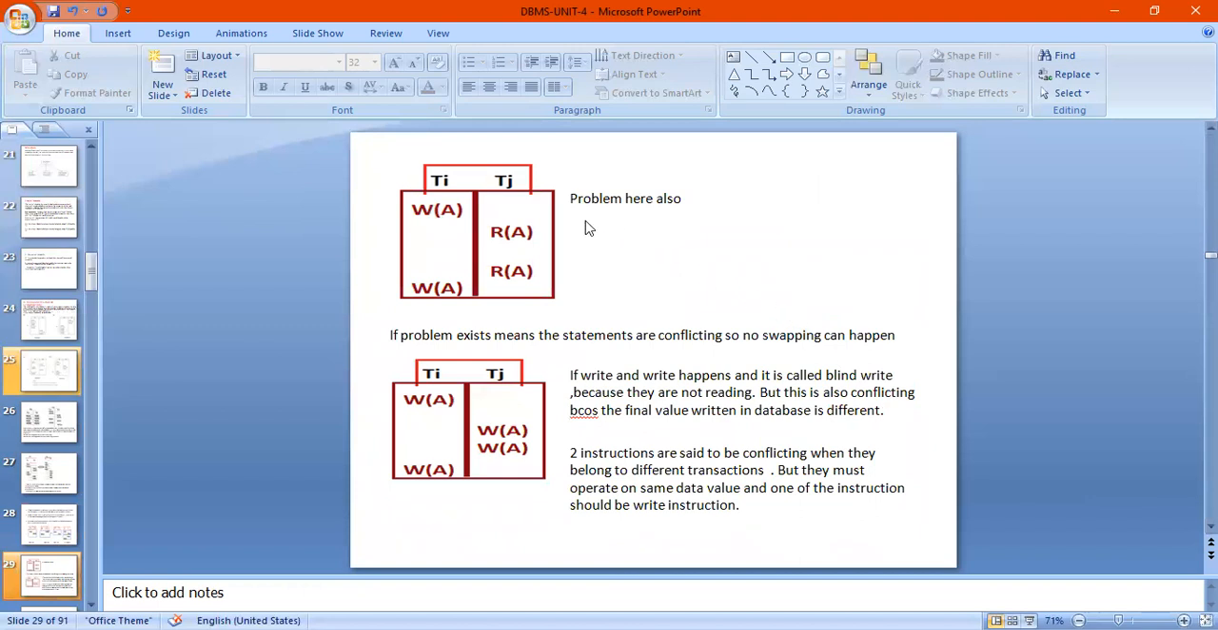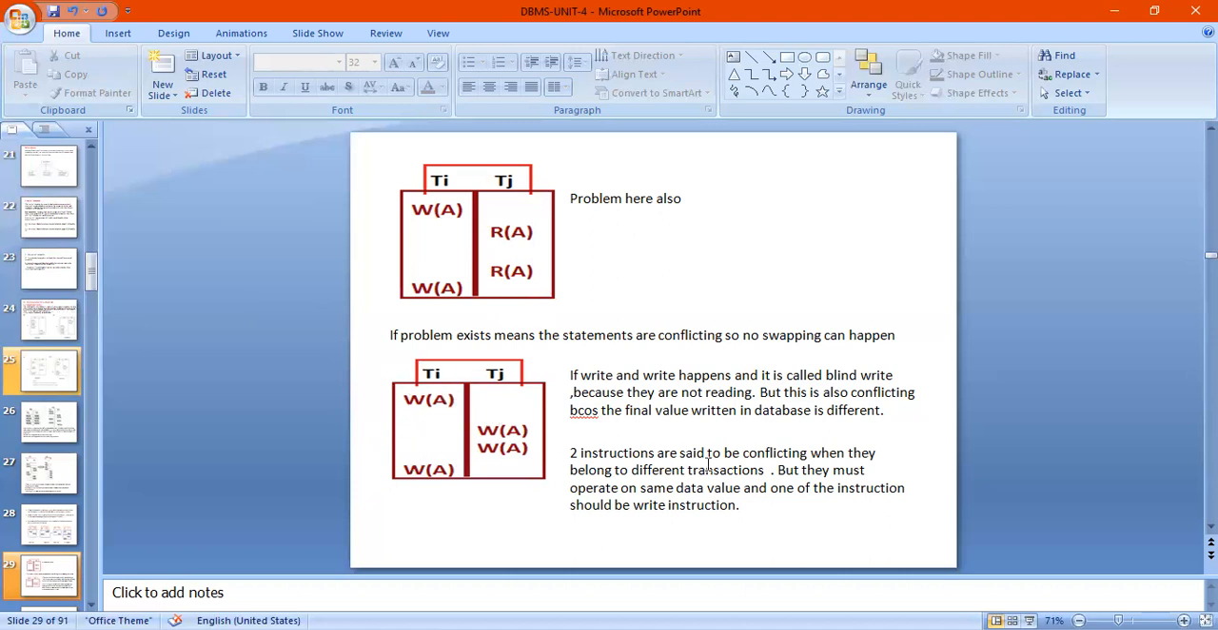Problem here also. So write, read, read and write. Here, if a problem exists, it means the statement is conflicting, so no swapping can be done. If write and write are happening, it is called blind writing because they are not reading at all. Here both are writing and both are reading. Here all is writing. This is called blind